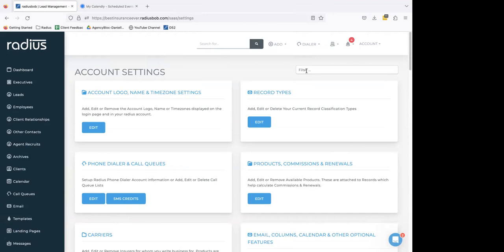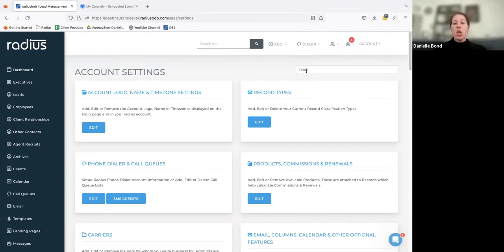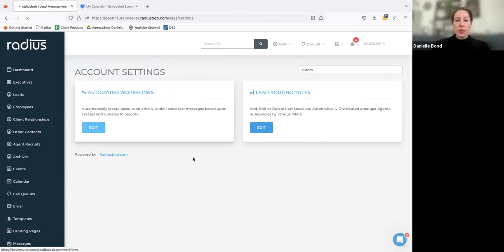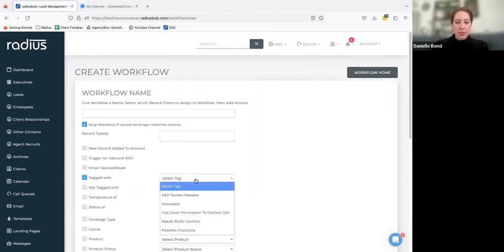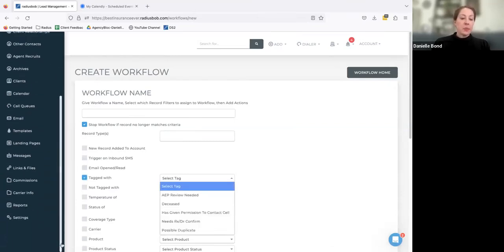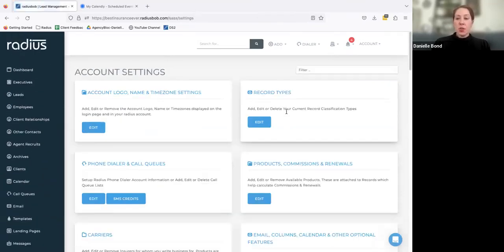Like say if we're sending out, hey, do you have... I want to do a workflow for everybody that doesn't have life insurance with me or something like that. Got it. Okay. So one thing you could potentially do, automated workflows, add a workflow. I don't know if I have this tag in here. Let me see if I do. No, I don't. Okay. So what I would recommend for that specific case, you go to settings, you go to